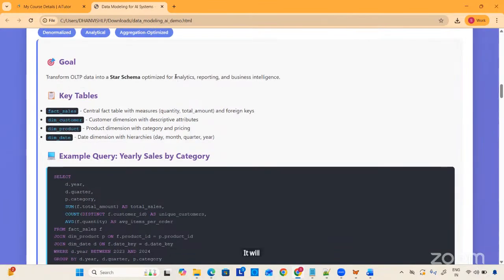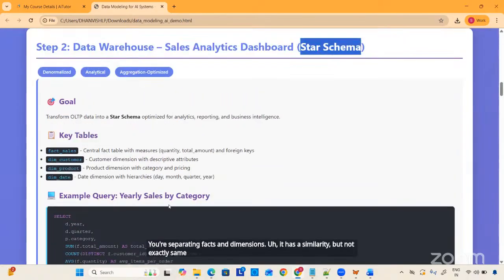It will be easy for analytics reporting when you have data like this. Again, it appears slightly like 3NF. You're separating facts and dimensions. It has a similarity but not exactly the same. If you say sales data,